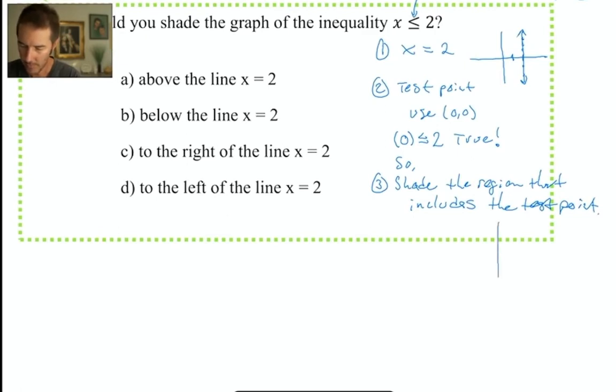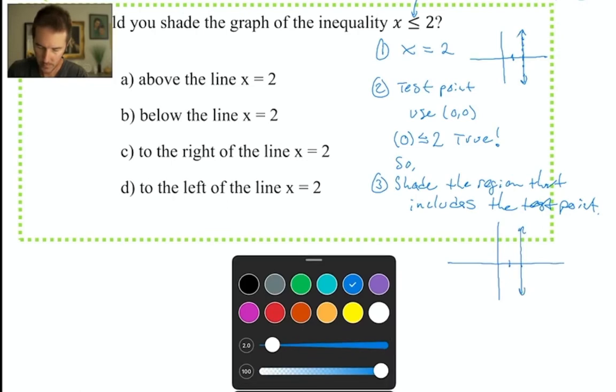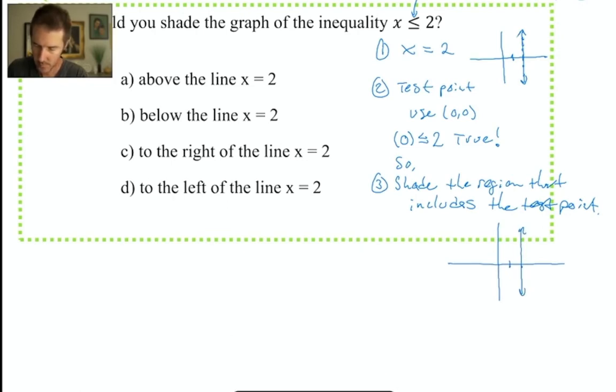So let me draw my graph one more time. That way we can see the original graph that had our vertical line on it before shading. And now that shading goes all the way left, all the way up, all the way down. And it comes right up to that solid vertical line. Any one of the points in that shaded region has an x value that satisfies